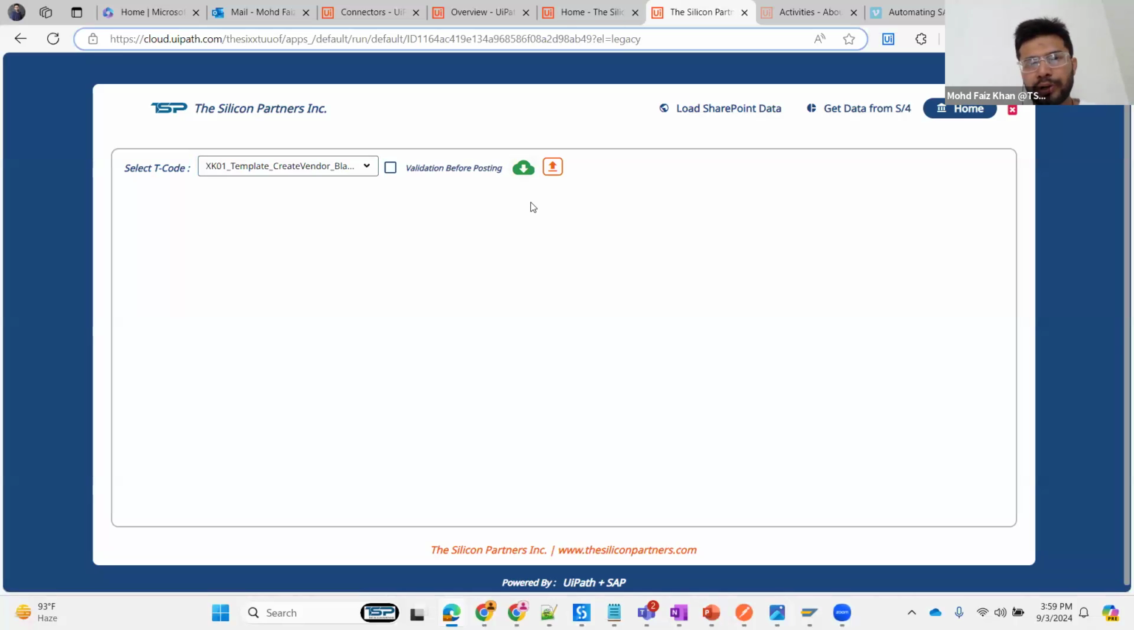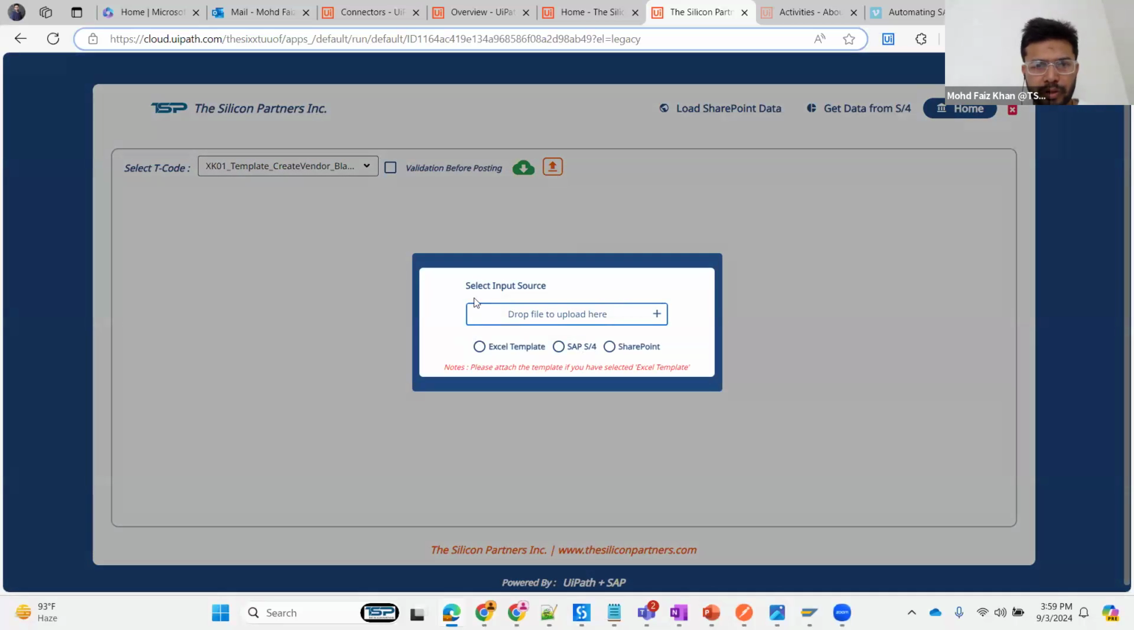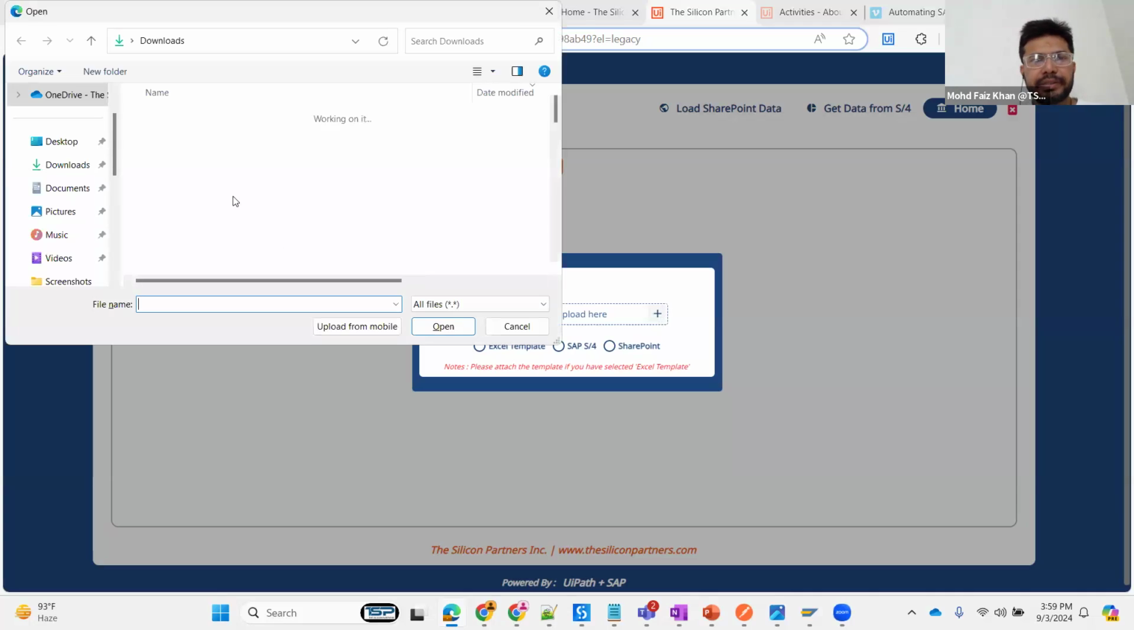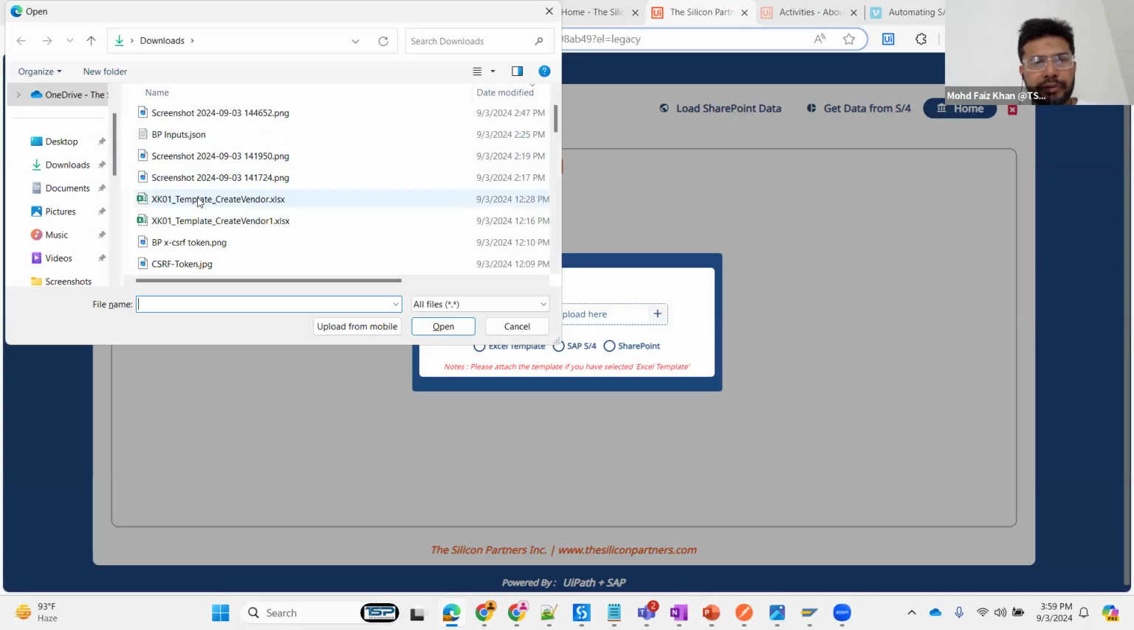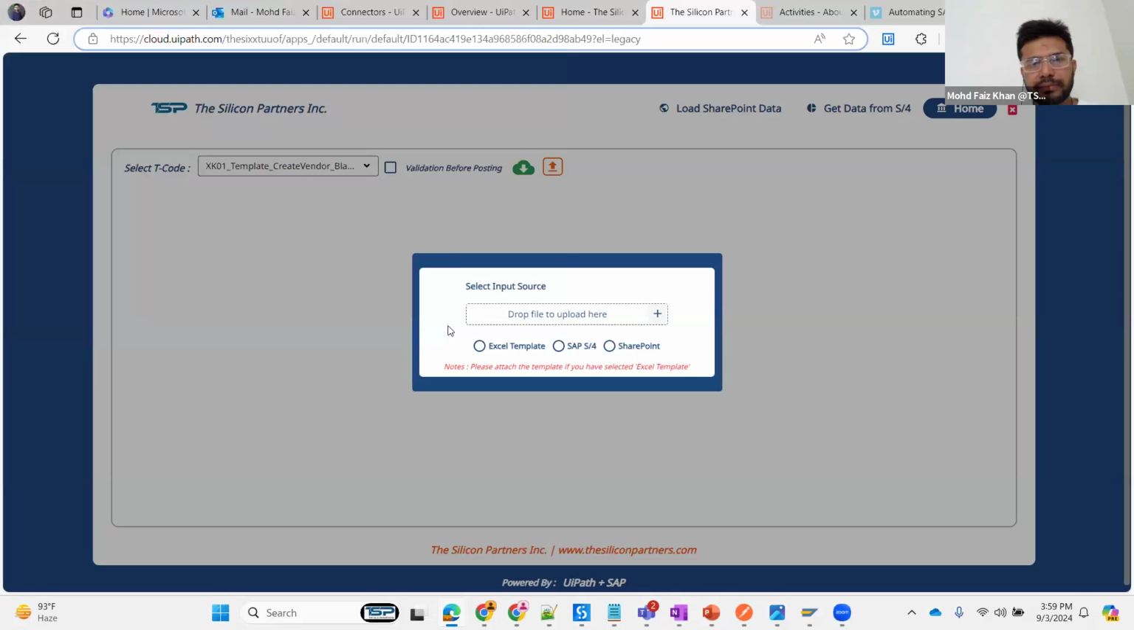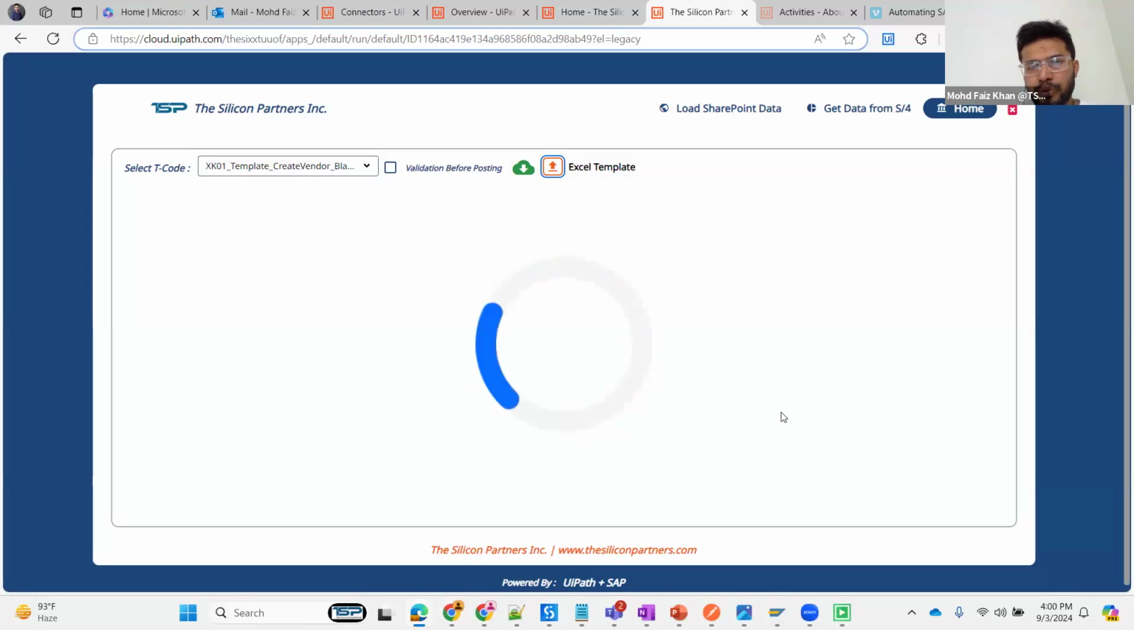If you have already downloaded it and you want to upload it into the bucket, you click on this upload. You can see these are the apps controls, the file picker and the option buttons. So you can click on this file picker, choose your file from here, and click on the Excel template. So you can choose whether data is coming from the Excel template, or from S4 or SharePoint, right? As soon as you upload, we have added some GIF files